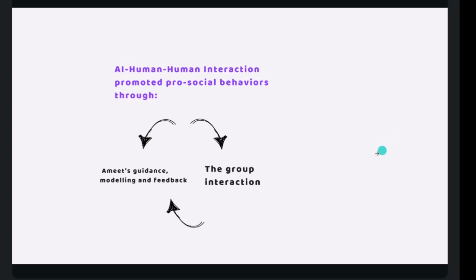Kids want to help each other. Kids want to participate. Kids want to succeed if they can. And sometimes with a little help from our technological friends, we can leverage that and show the good in each kid and the way they can help each other. And we did see that in the Meet classrooms.